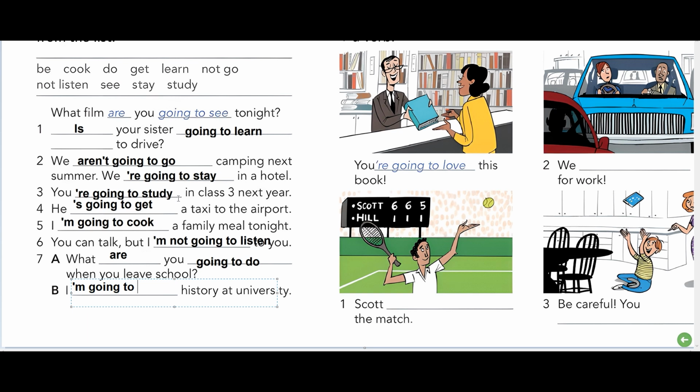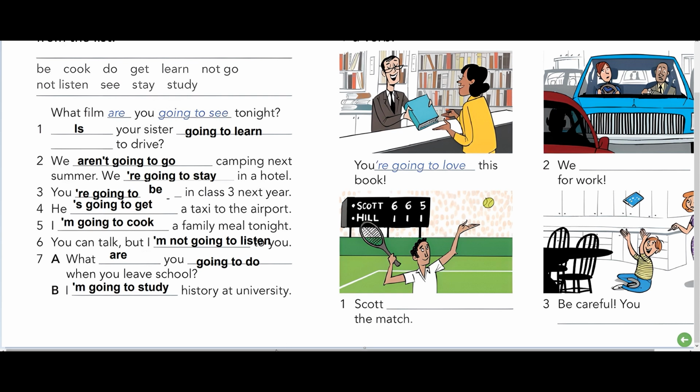You're going to be in class 3 next year and study. So it's okay. Let's change it. Sometimes it happens, you see? So I will delete study here and I will put you're going to be in class 3 next year. And here I'm going to study history at university. Now everything is fine, everything is okay.